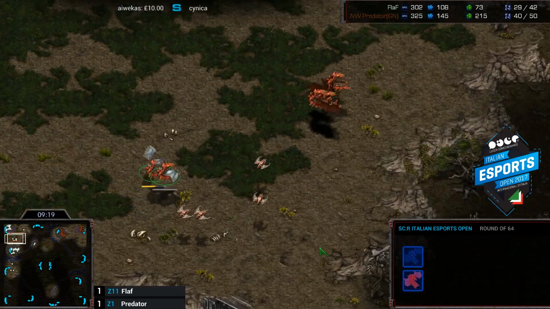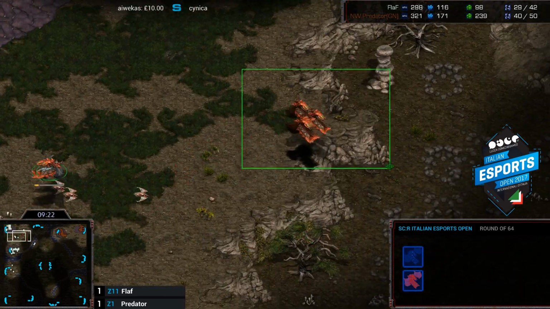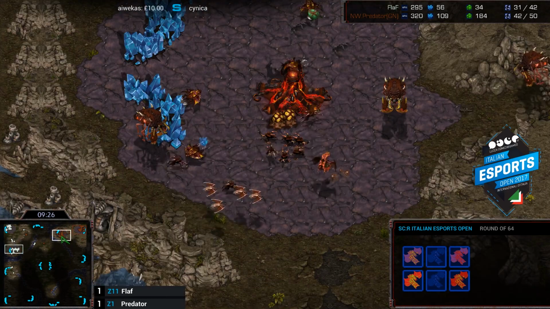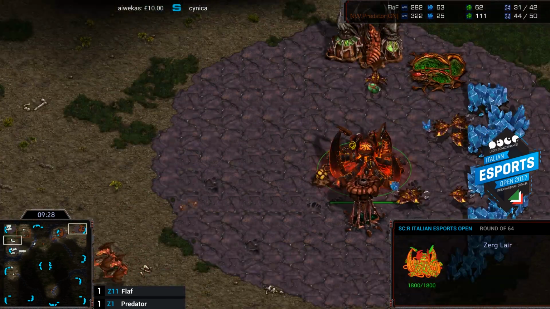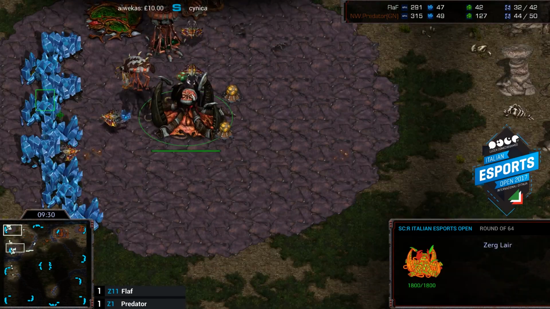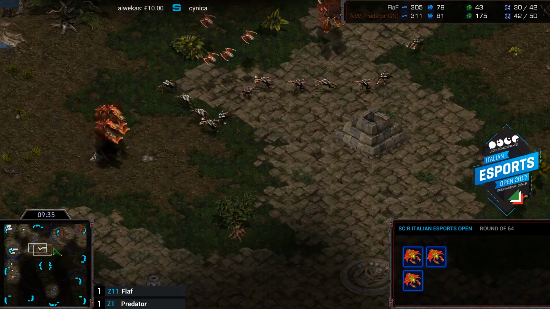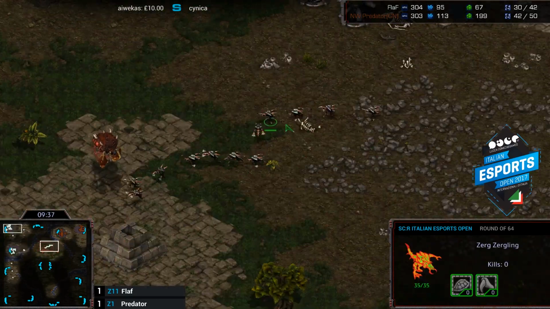FlaF in serious trouble. He's making emergency Scourge, panic Scourge, but if Predator micros properly, he should not take any Scourge hits. All of his focus really needs to be on not taking any Scourge hits, and that will be really, really key. Look how low the drone count is. It looks like FlaF has actually split his drones here. A bunch of lings coming out though. This is FlaF's